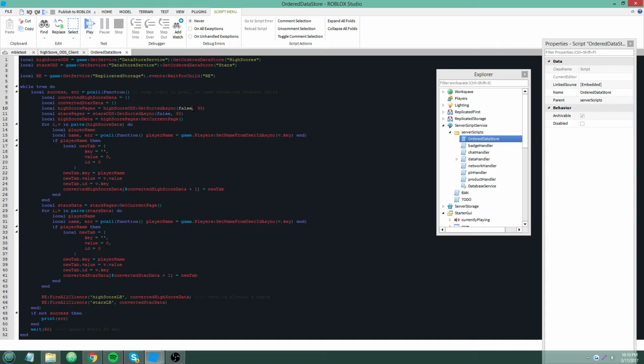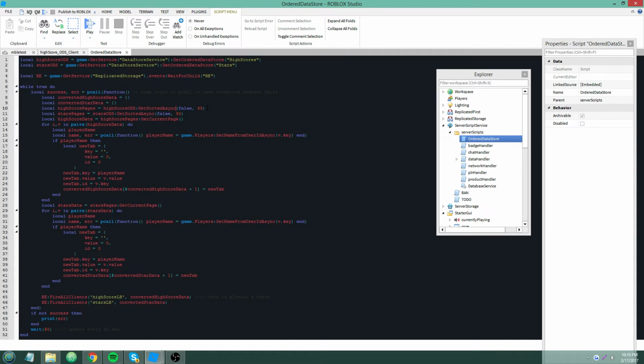But basically, if it's true, then for example, the number one person would display at the bottom, whereas if it's false, they're going to display at the top. So, you know, you can play around with that if you want. For example, if that was true, the person at the top of my high score leaderboard would be at the bottom, and you'd have to scroll down to see the number one person. Pretty sure that's how it works. So that's what get sorted async does.